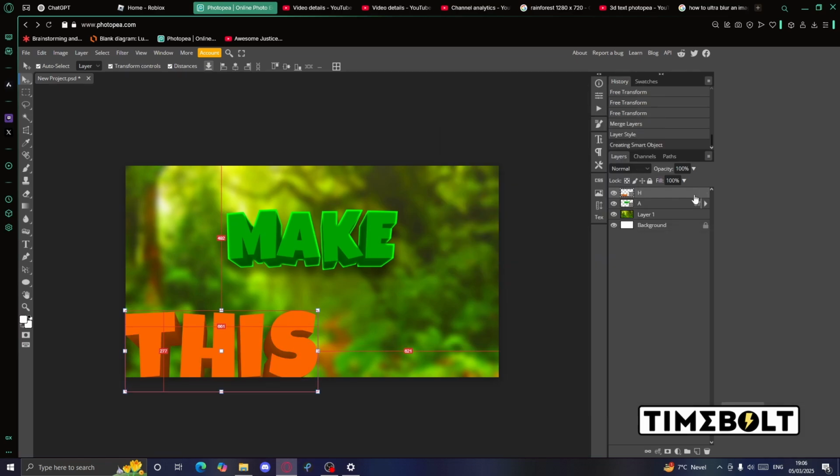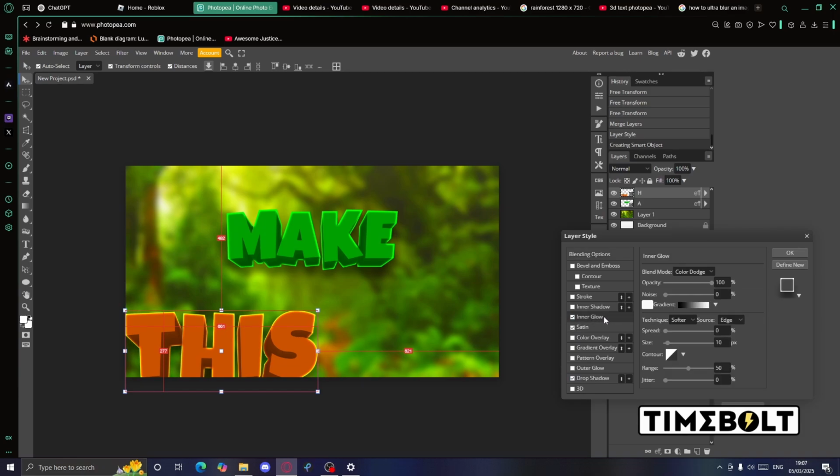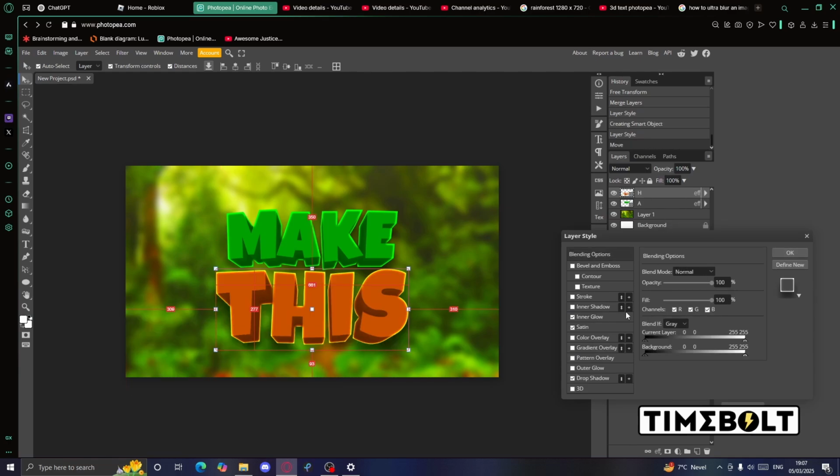And the nice thing about making a second text here is that once you've set the color and the 3D and then change it to a smart object, literally all you have to do is check all of these, because we've already gone through them and edited them. So whenever we check one of these layer styles that we've already used, it'll just check it to whatever we set it to last layer, if that makes sense. So literally all we have to do for the last part is check all of these. It's extremely easy. So hang on, you know what? I'll actually get rid of the Satin, because the bright orange is still kind of a darker color, so I don't really need it. And that's the 3D text.